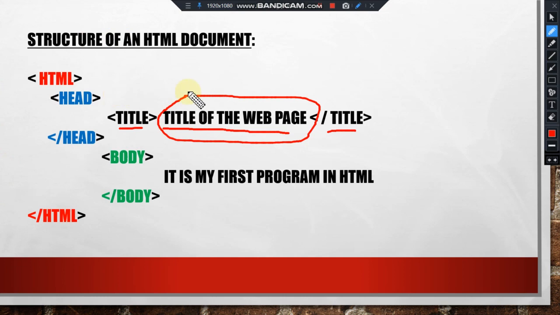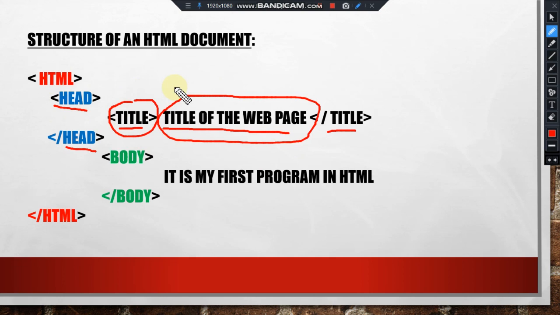Now next comes the title tag. The title tag has to be given within the head tag. I told you, you have to write this title tag within the head tag. The head tag is the header, which contains important information about the web page, but it is not visible on your final web page.